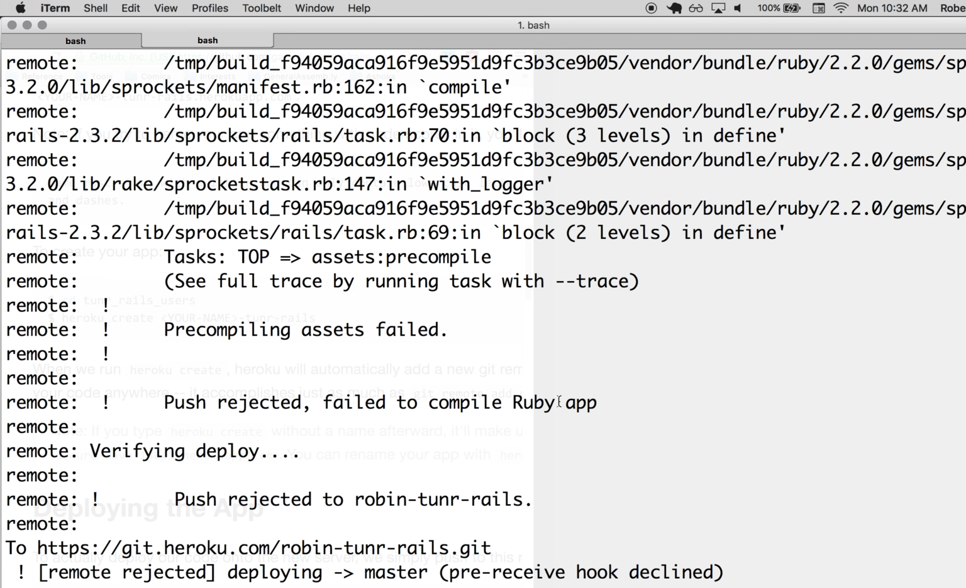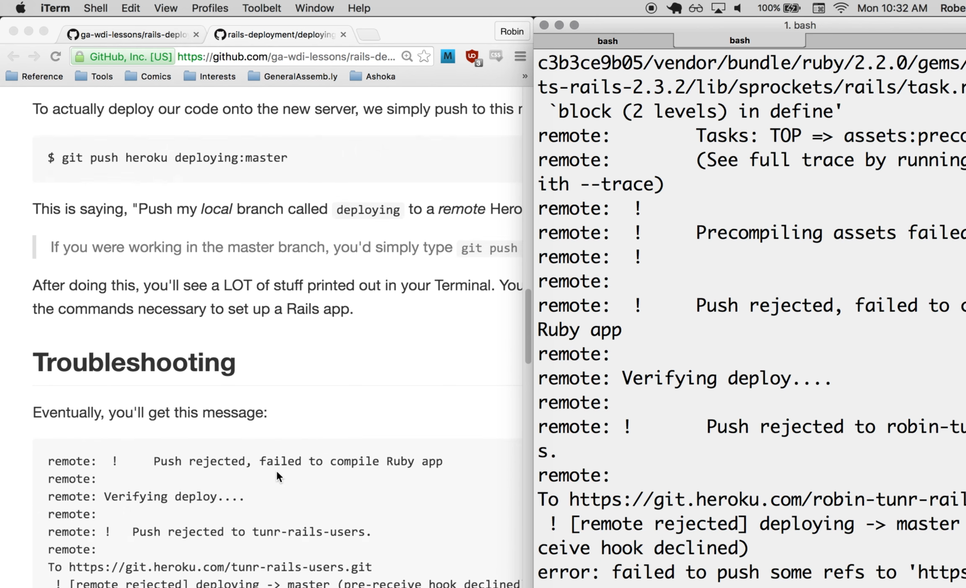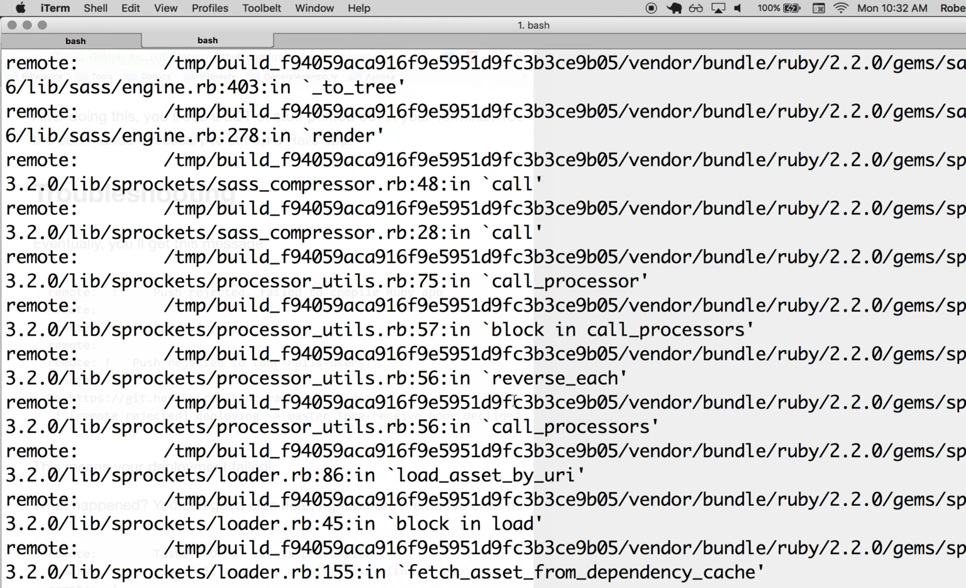All right. So did this work? How do you know? Yeah, it says push rejected. So if you get this, it says rejected twice, failed twice. So yeah, I have a pretty good idea that this did not work. So why didn't it work? That is because, let's see, if I go up here,